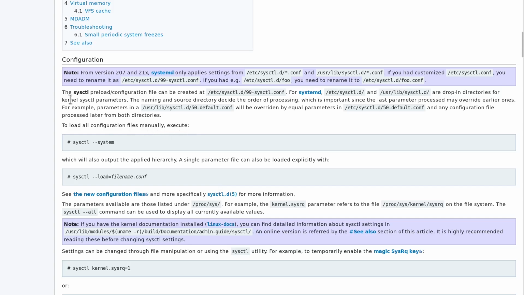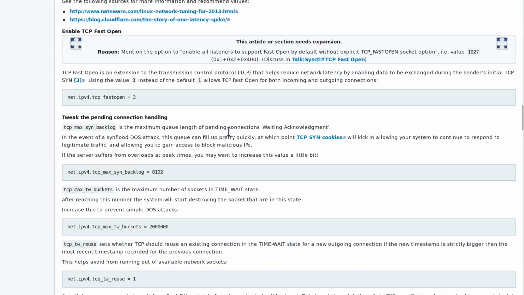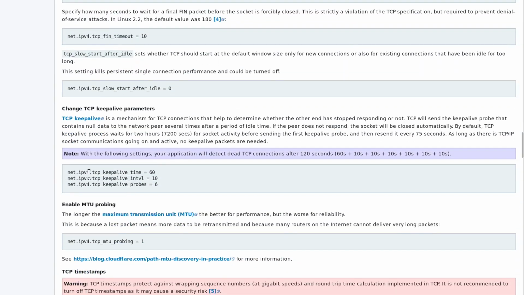And in Arch Linux, as you can see here, it says the sysctl preload configuration file can be created under /etc/sysctl.d/99-sysctl.conf. So that's the file we need to create to make that parameter permanent. And the parameter that we will be entering in this file will be the parameter that we saw before. So net.ipv4.tcp_keepalive_time = 60. And we don't need to specify /proc/sys because we are saving in the sysctl.conf file, and it knows that this parameter is actually under